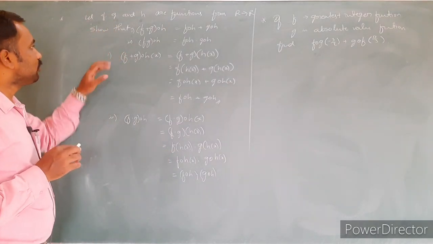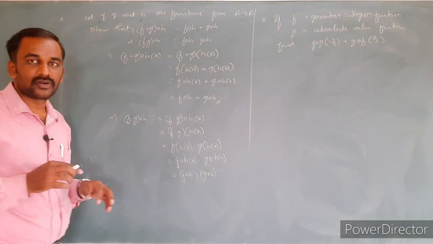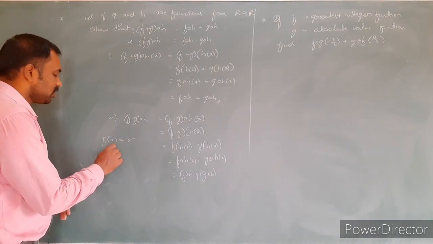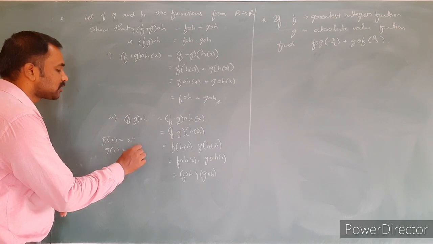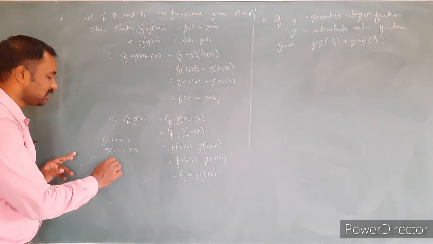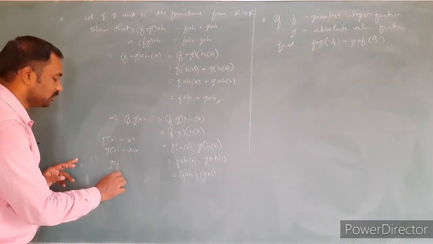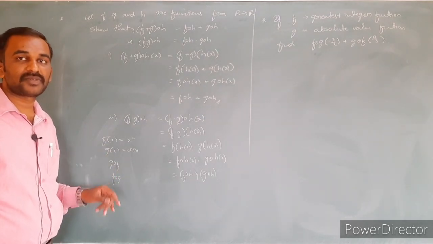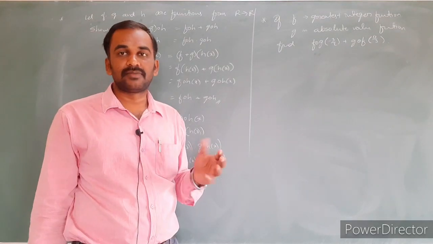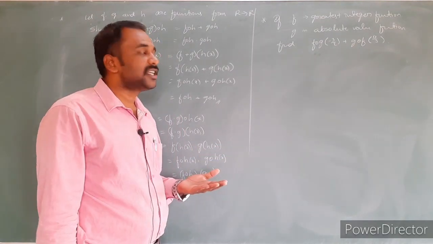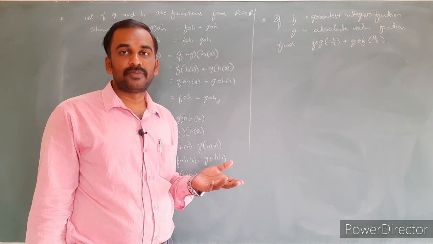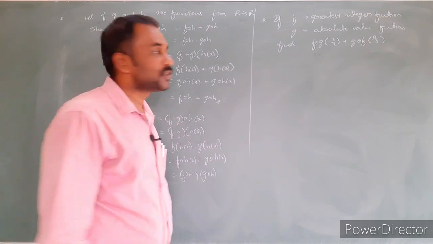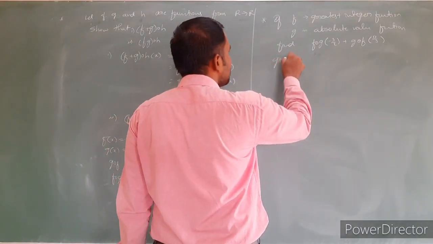Earlier they gave f of x equal to, for example, x square, and g of x equal to cos x, and they used to ask the value of g circle f and f circle g. But here they have not given f of x equal to this much and g of x equal to this much. They are given in terms of what? Already you know what the greatest integer function is and what the absolute value function is. The absolute value function is nothing but the modulus function, always giving absolute positive values. So I just write the given values.